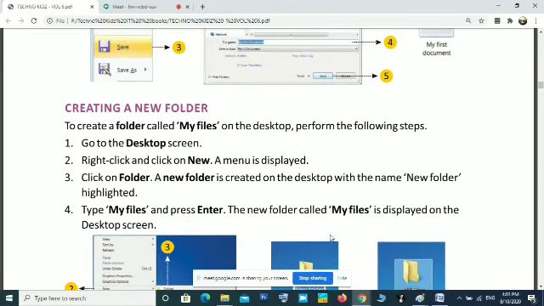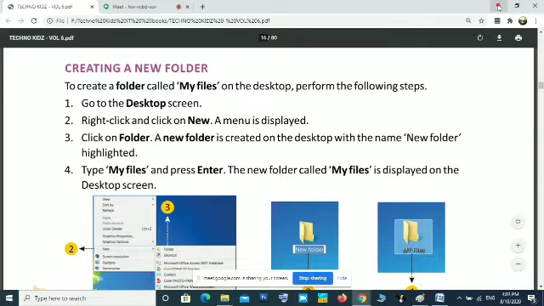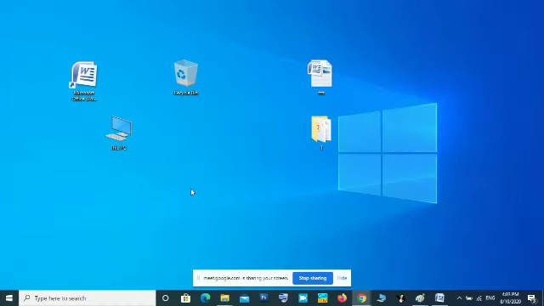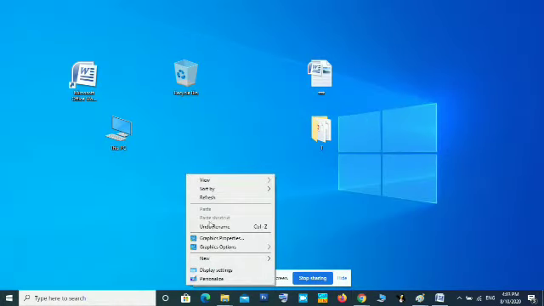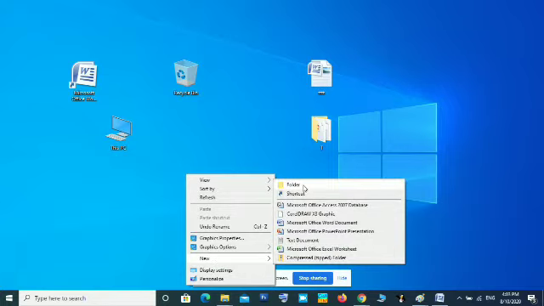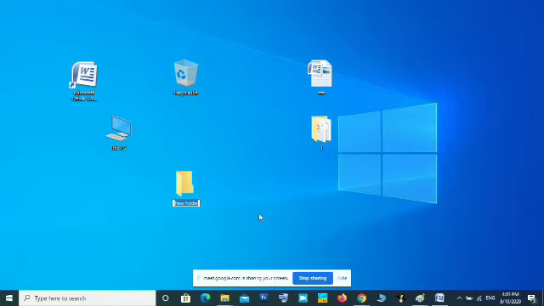Next is creating a new folder. A folder, as all of you know, is a place for keeping files. So here on the desktop I am making a new folder. For that I right click, select New, then select Folder. So this is a new folder. I am giving the name SAMPLE.